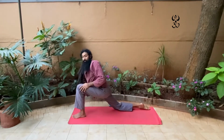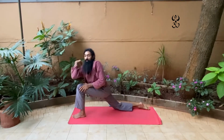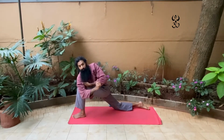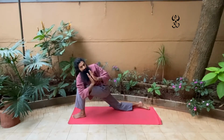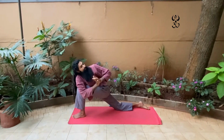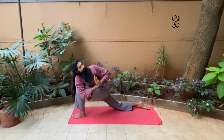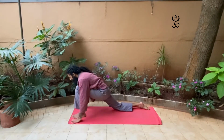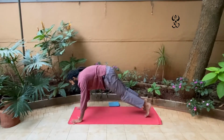We're going to take a slight twist. So bringing your right shoulder around the left leg. Trying to loop around so that your armpit is resting on your left thigh. Holding a namaste here. Gazing up towards the ceiling. Again, long deep breaths. For 3, 2, and 1. Once again, coming back to center, placing the palms on the floor, bringing the left leg back, holding